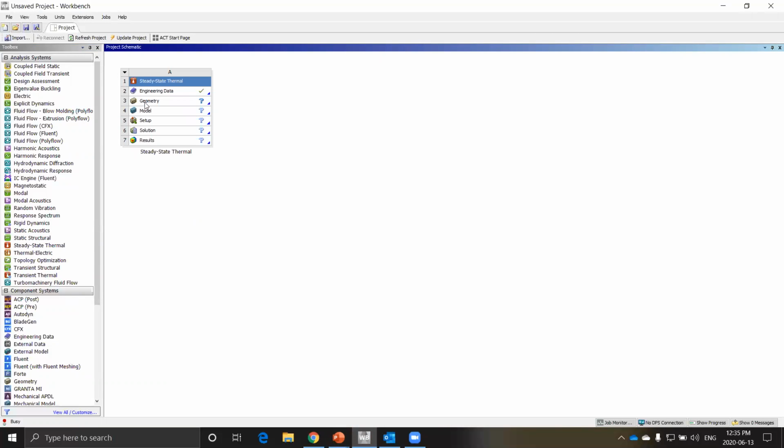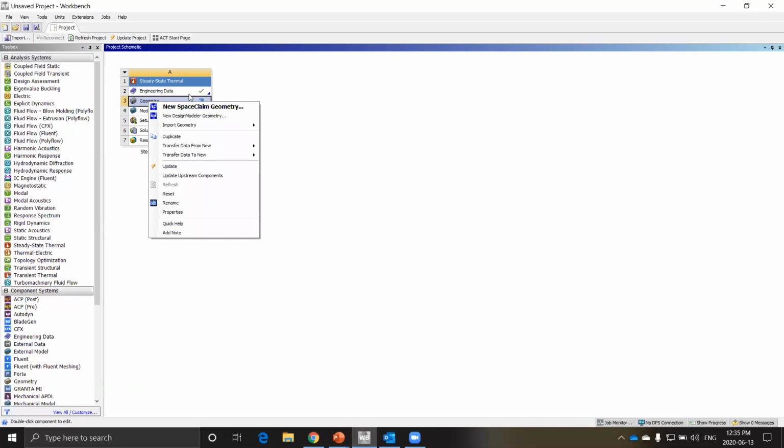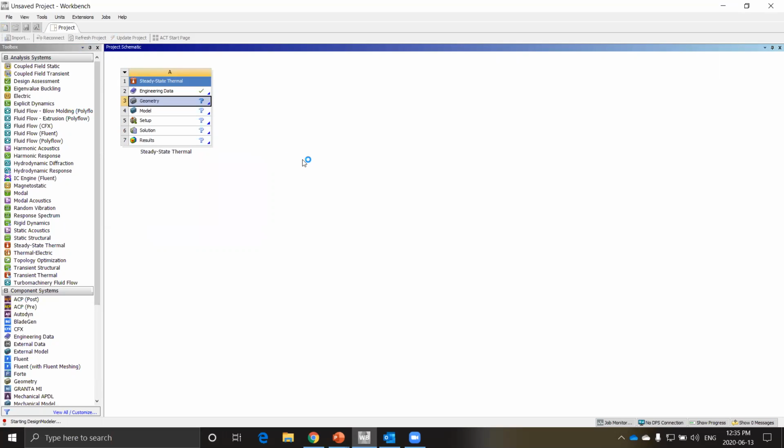Okay. So you right click on the geometry. If you have a geometry pre-made, then you can just import the geometry. This usually works with a wide range of geometry formats, say .step files, .iges files, and things like that. For now, I'll be using Design Modeler to create a simple geometry.